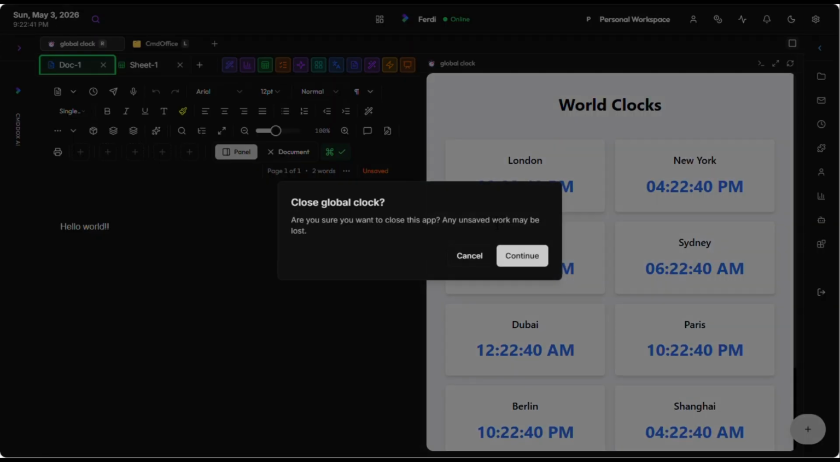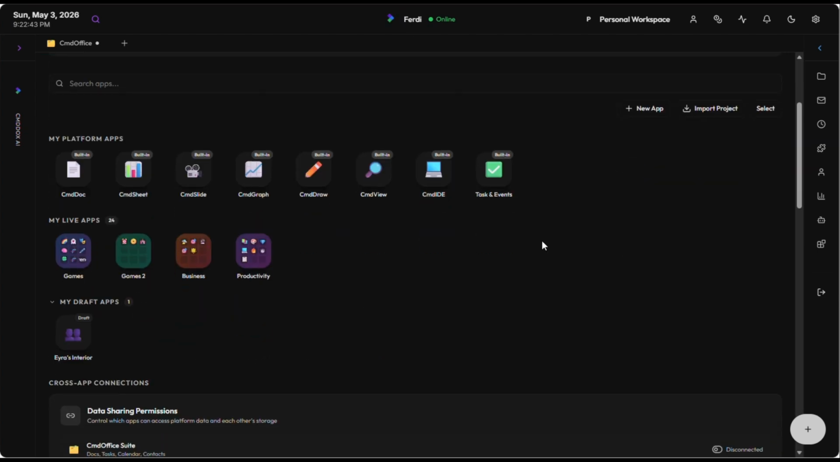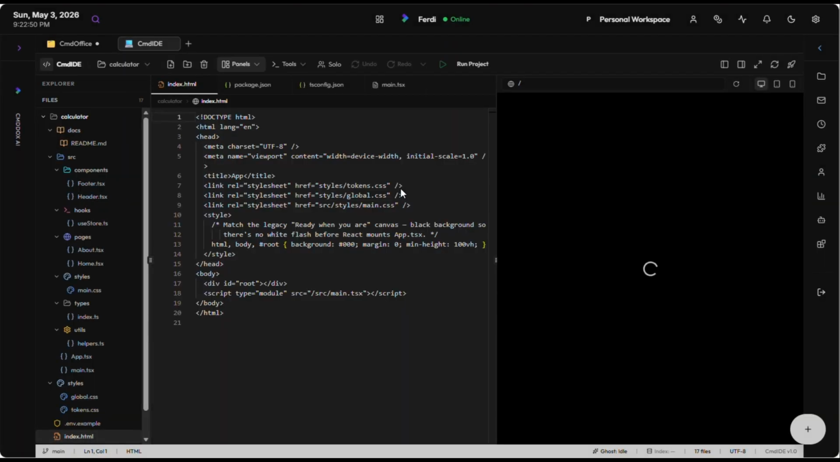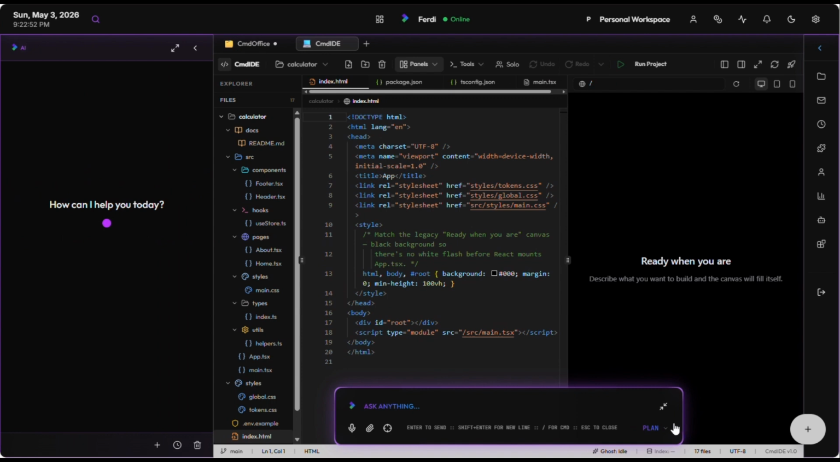And then what we can do is go back to CMDI, we want a new project, just make a calculator. I just want to go to build, can you build me a calculator please? This is just a very simple thing. And then it will generate a response, it will make your calculator,